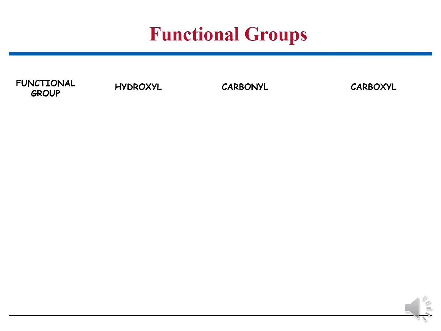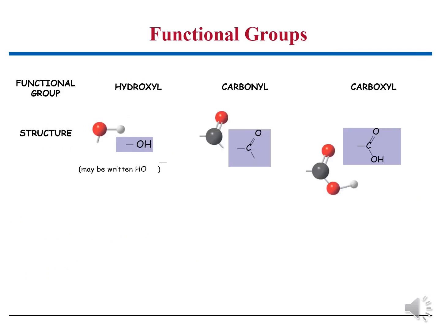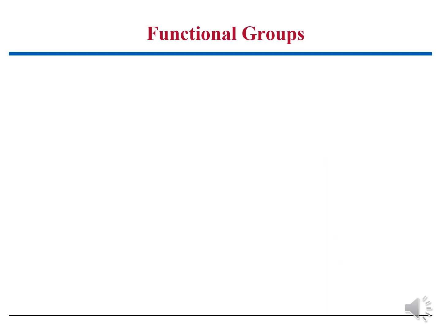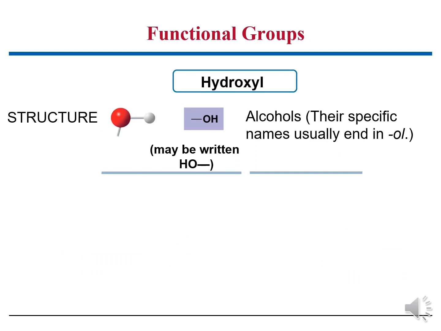We will talk about functional groups like the hydroxyl group, which is an OH, the carbonyl group, which is a carbon with a double bond to an oxygen, the carboxyl group, which in addition to the double bond to the oxygen has an OH, the amino group, the sulfhydryl group, and the phosphate group. So let's start with the first functional group, the hydroxyl,